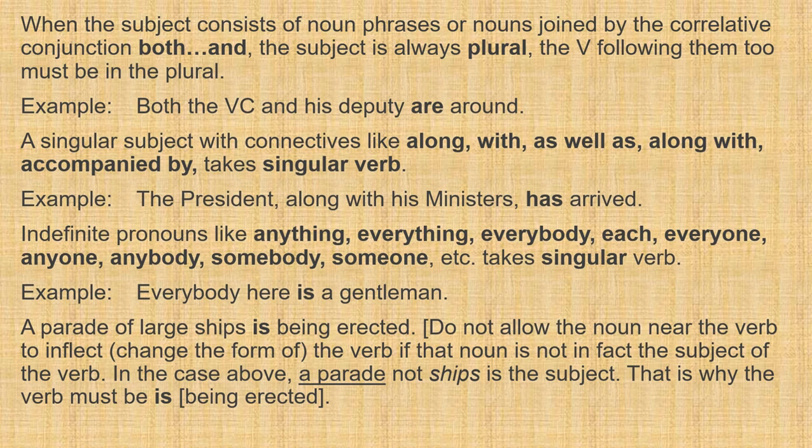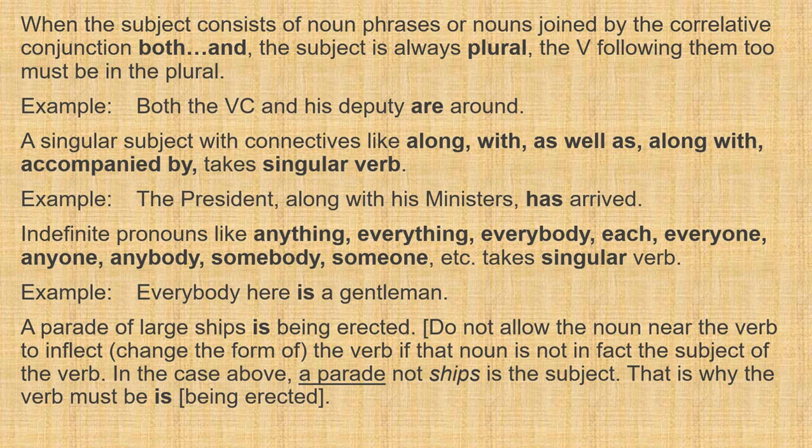A singular subject with connectives like along with, as well as, accompanied by, all these must take a singular verb. When you have so many people coming, and a singular subject just picking one of them, the head, and then you put all the others alongside by using the words along with, as well as, accompanied by, and the others, then the verb must show singularity to indicate the fact that you have picked only one particular head. Example